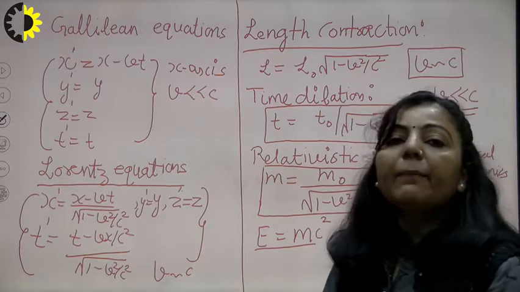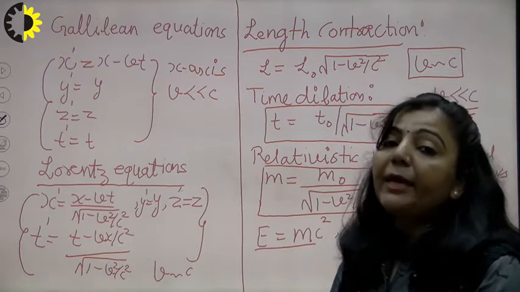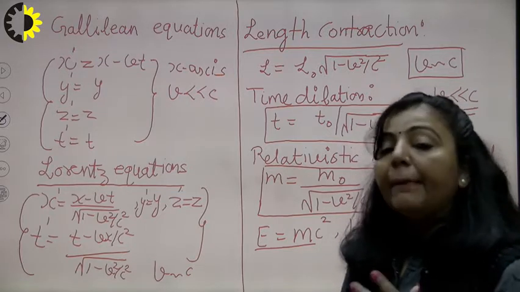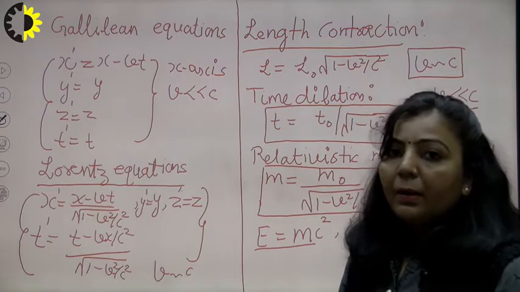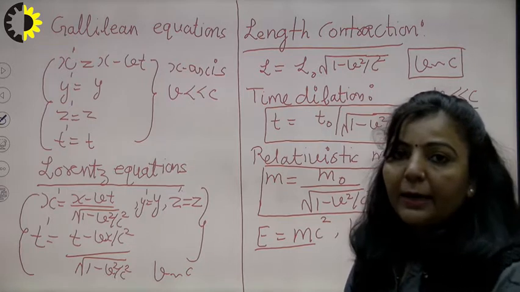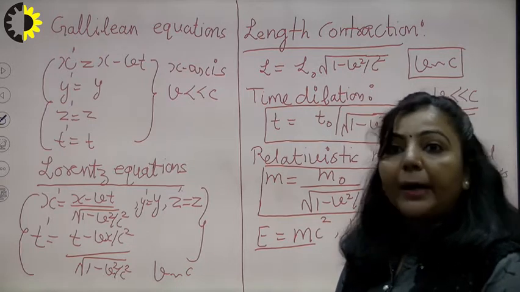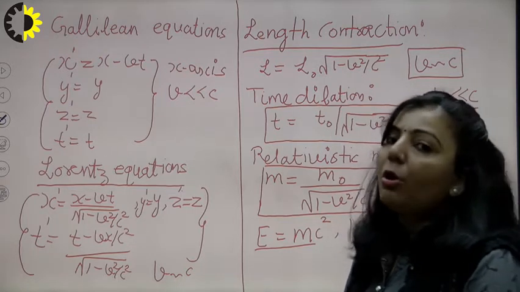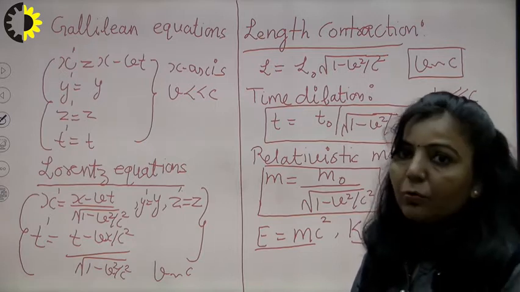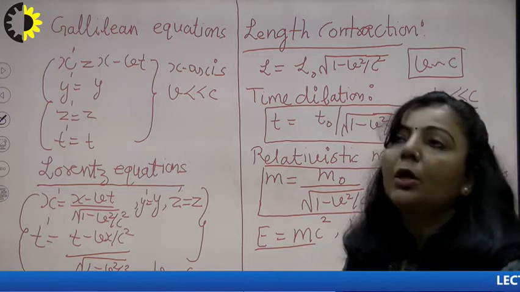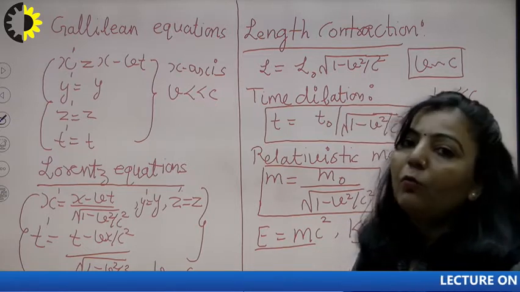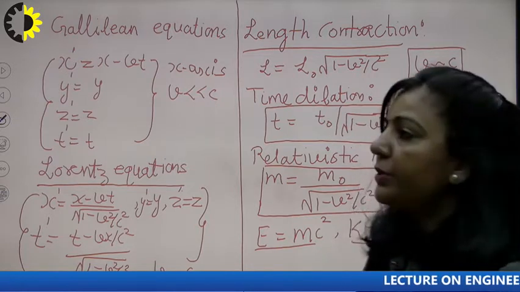It is equally applicable at low speed. It is applicable when V is comparable to C, but it is also applicable when V is very small with respect to C, right? So that is the beauty of relativistic mechanics: that particular branch is not only applicable when V is comparable to C, it is also applicable when V is very small with respect to C. So you can describe the motion of any moving object with the help of relativistic mechanics.